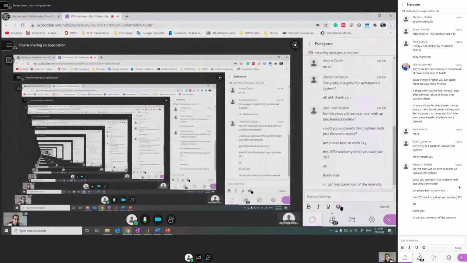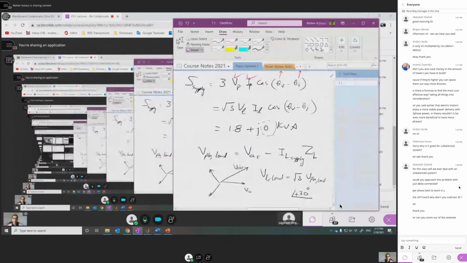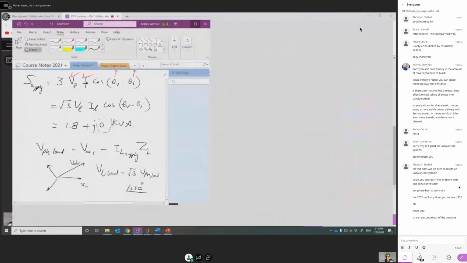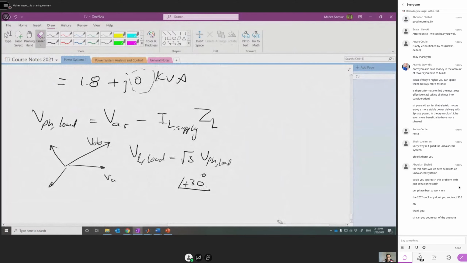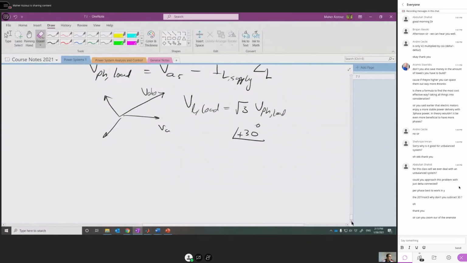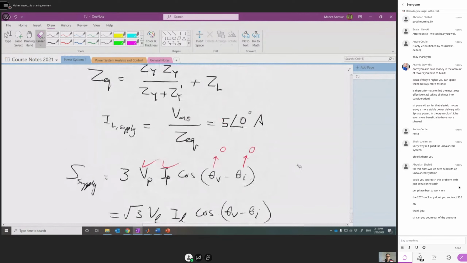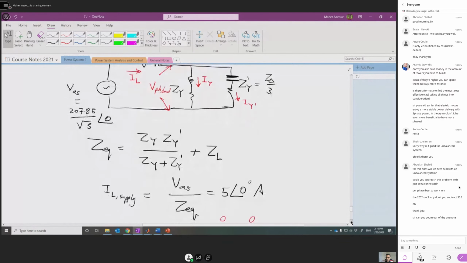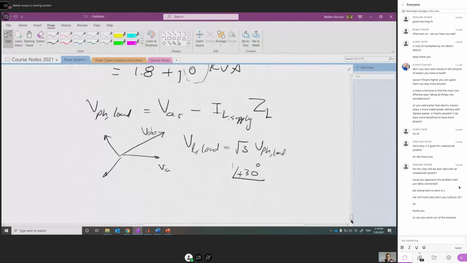I think I got another question. Oh, okay. So let me move this here and zoom in here. Okay. Now we can calculate the phase current through the load. Okay, this load originally was star connected. I'm talking about this load. This load was originally star connected. So the current here represents the phase current, okay? So if we go down here,